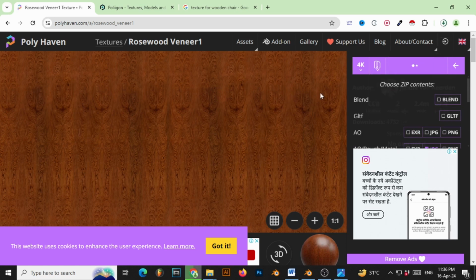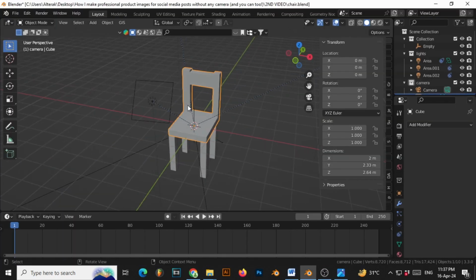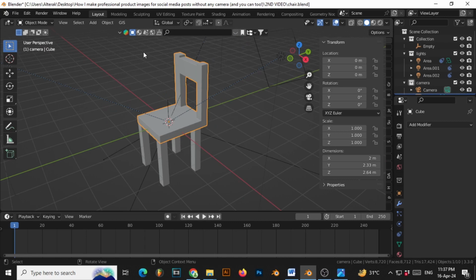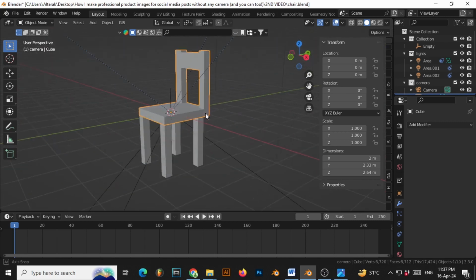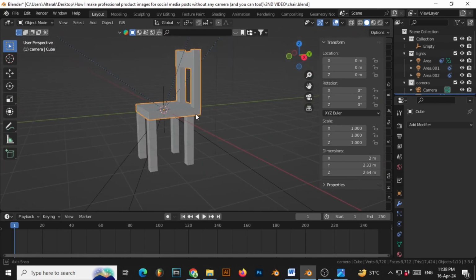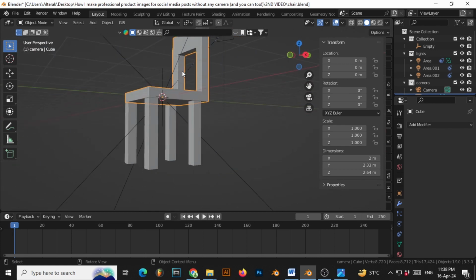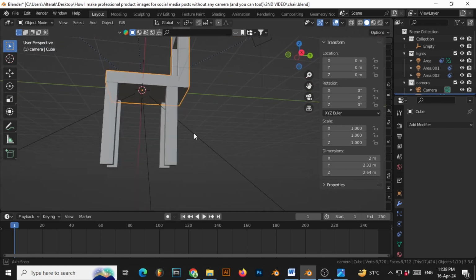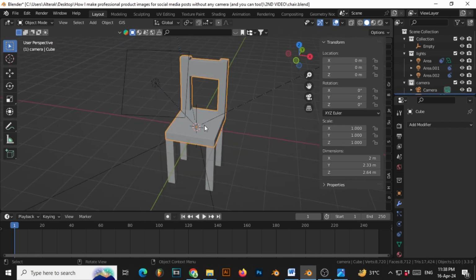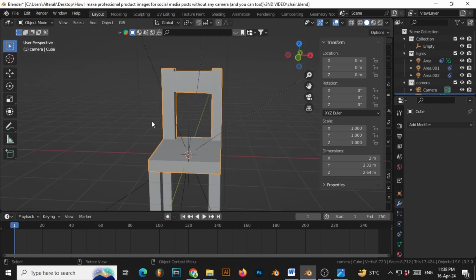Alright, so after downloading, we can go to our blend file. Okay, so we are in our blend file. Here we have made this model, which really looks lame, but for the sake of this tutorial, let's just say that it is an amazing model made by me. Anyway, in order for you to see any texture,